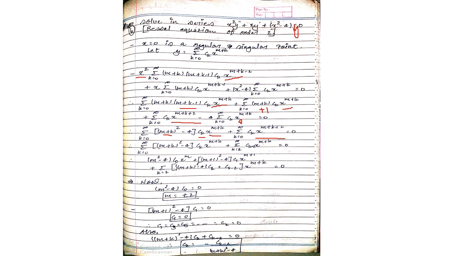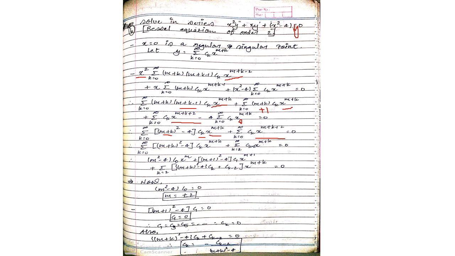So applying k equals to 2 in the last term, it will be k equals 2 to infinite, c_k x to the power k. There k becomes k minus 2, and x to the power m plus k minus 2 plus 2. Minus 2 plus 2 cancel, so it will be only m plus k. Now you can check that both terms have a similar power but dissimilar limits, right? So see the series which is common, that is from 2 to infinite.